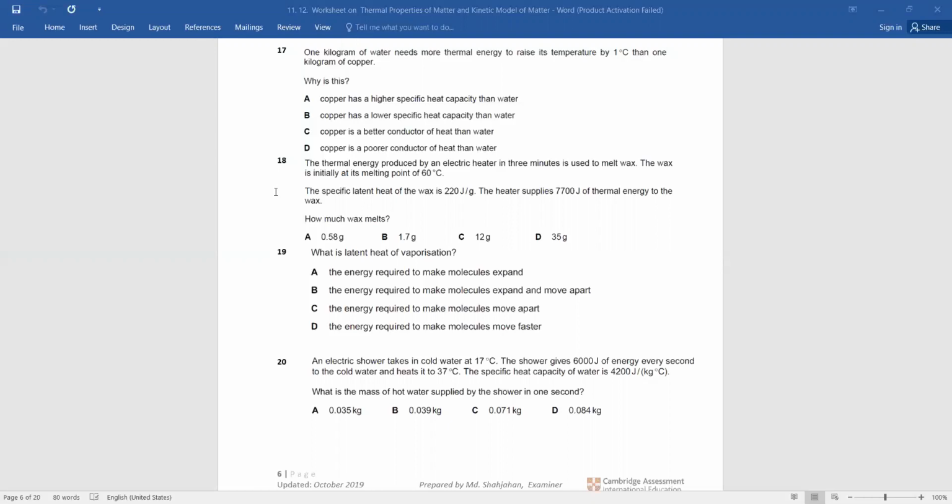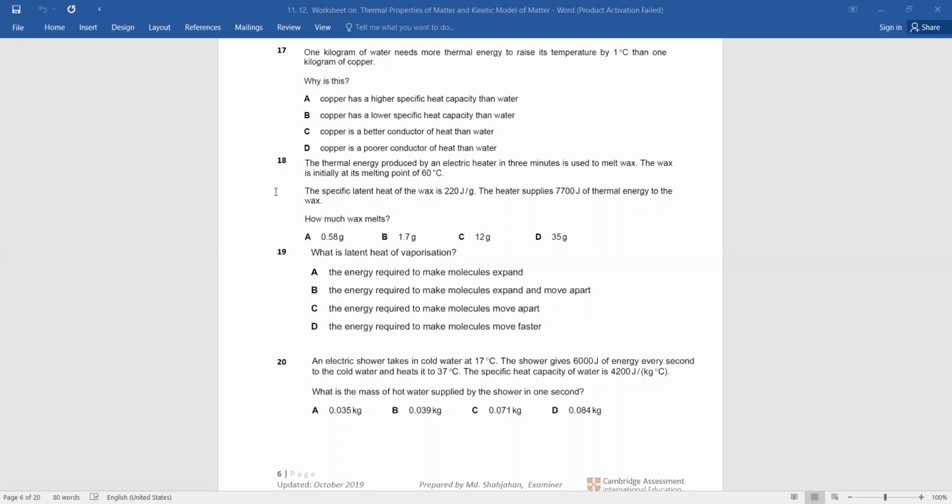Can you remember? If it is for the whole object, then it is heat capacity. But if it is for 1 kilogram, then it is specific heat capacity. So which one do you think now? A, sir. So everyone got A? Why B? The answer should be B. You check. Sir, when would it be C, if it was not mentioned like 1 degree Celsius?